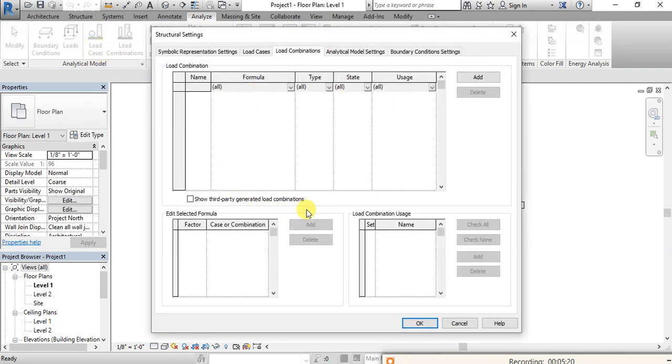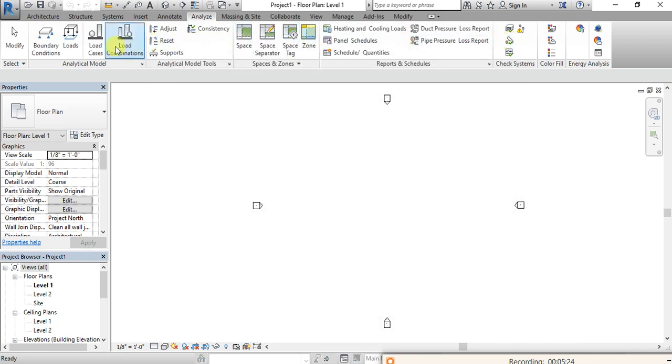This is the analytical model, this is the analysis model tools, this is space and zone, these are reports and schedules. Here you can make schedules, here check system, color fill and energy analysis, etc. Now clicking on the massing and site tab, so these are the different types of toposurface you can make around your